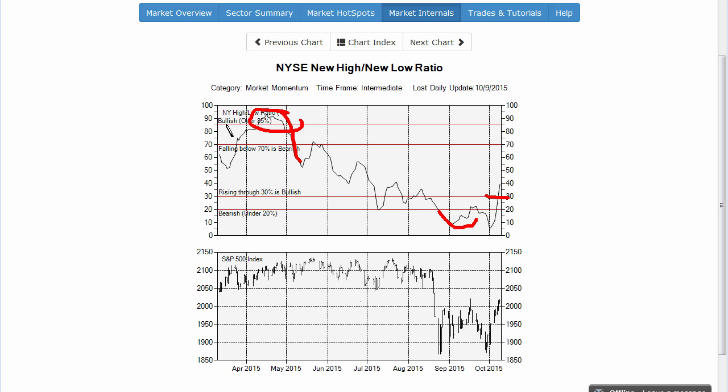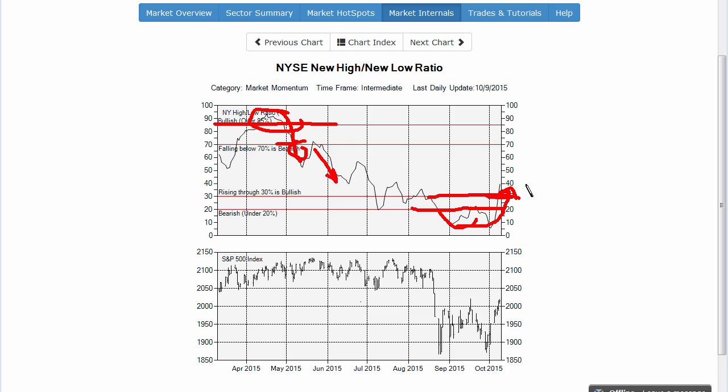So from a top would mean you're going from over this 90 level, 85 level, and then falling below the 70 level. And that's when the market is indicating, you know what, maybe it's gotten a little overdone and now it's getting weak. And then you want to follow it along with the trend of it at the time. Now, the opposite is true near the bottom. Once you drop below this 20 level, then it's really in a bearish trend, and the beginning of a bullish trend happens when you get over the 30 level, which is what we're just doing now.